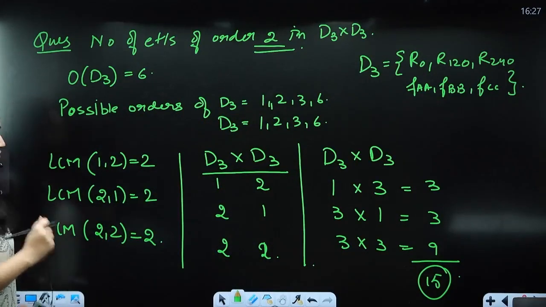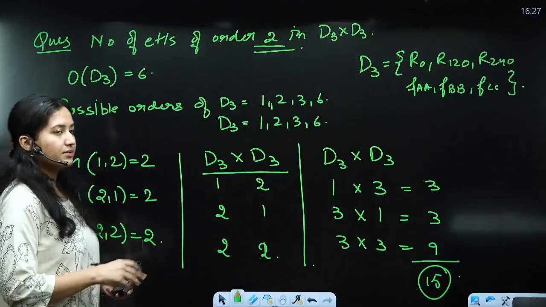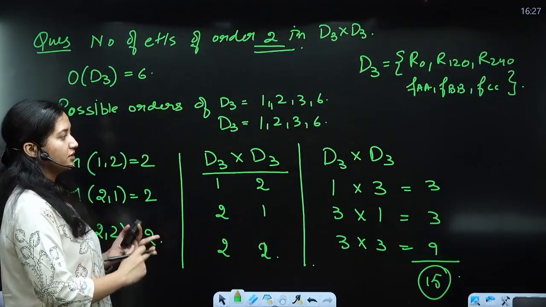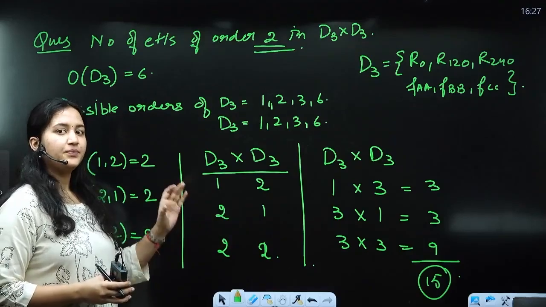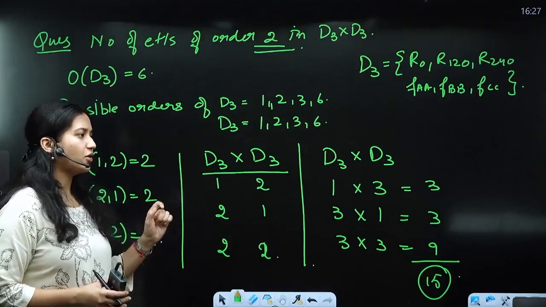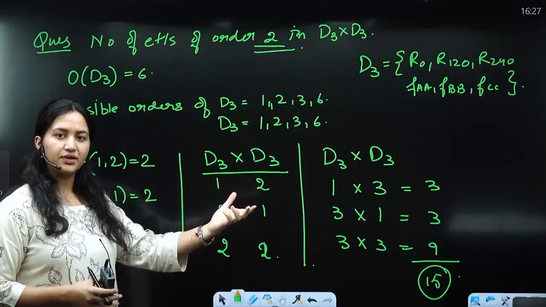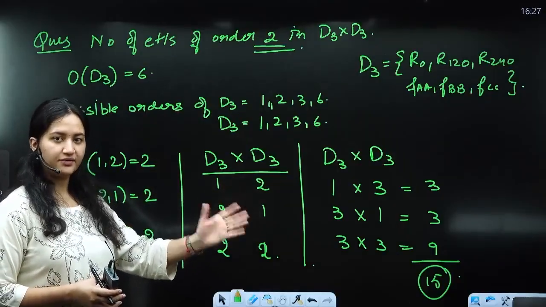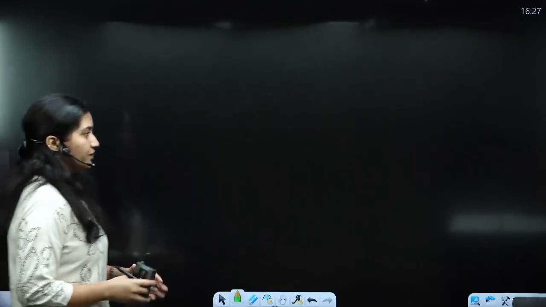Clear? Okay, so what have we done? We have talked about group of residues. Now we have talked about how to deal with dihedral groups when they enter. Now in dihedral groups, the number of elements of order d other than 2 is calculated how? That is d only, right? That is easy, no problem, we will take an example of that too later. Okay, now moving on to the next type.